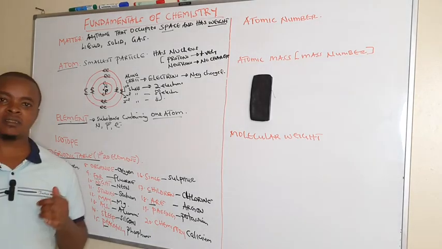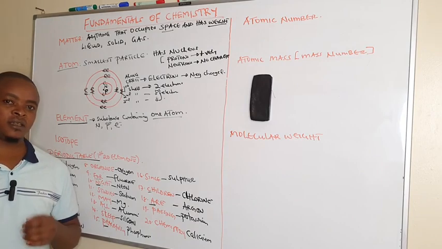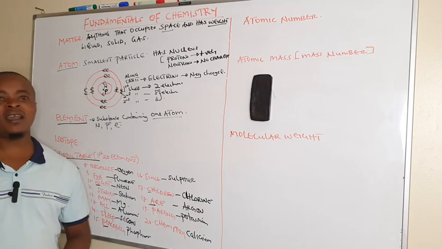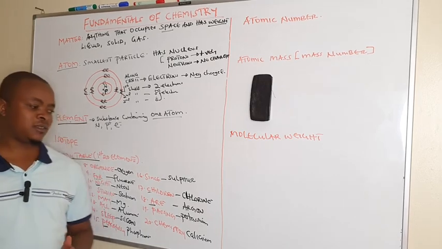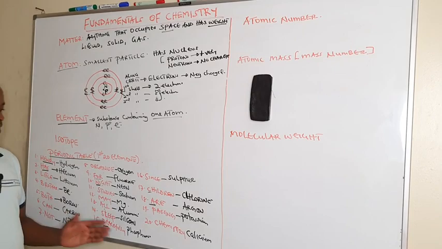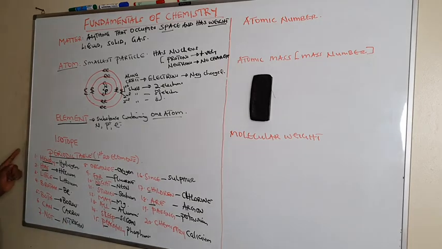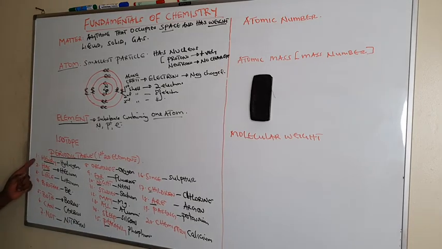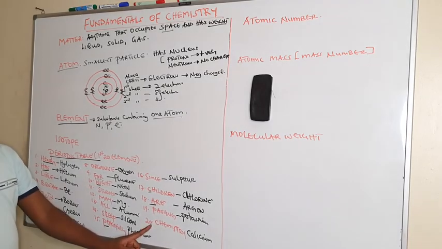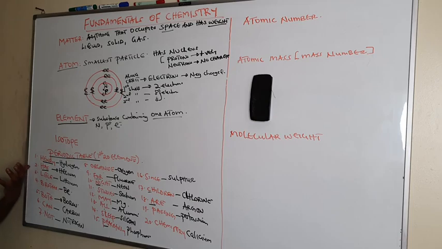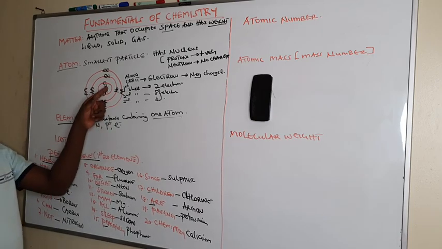cannot organize for night studies, may all sleep peacefully, since children are seriously passing chemistry. So we can use this mnemonic to remember the first 20 elements, whereby we have from element 1 up to element number 20. And these elements, their atomic number is determined by the number of protons within the nucleus of